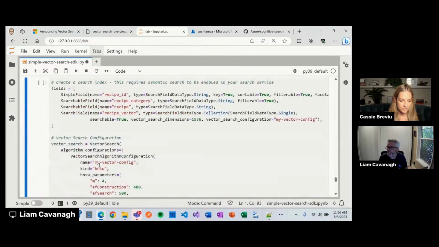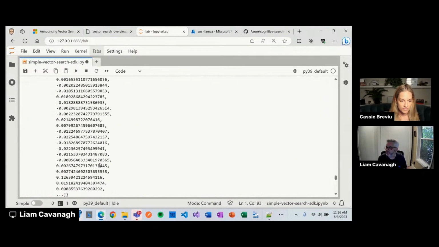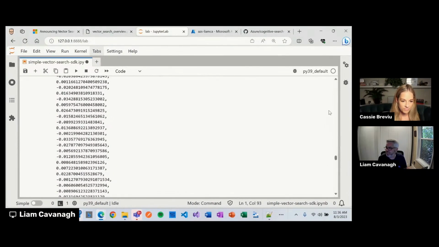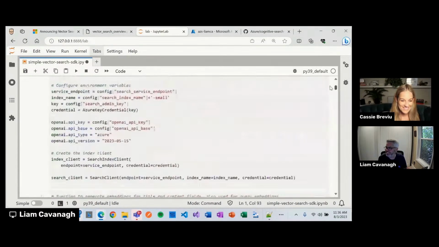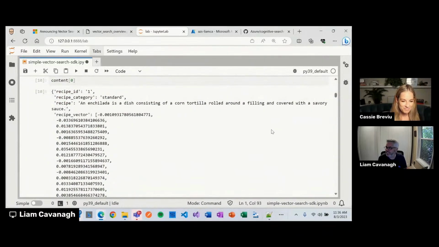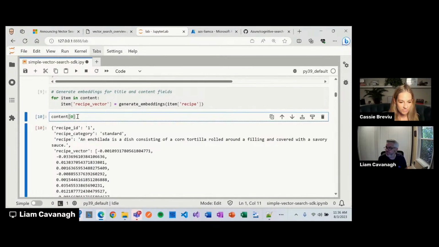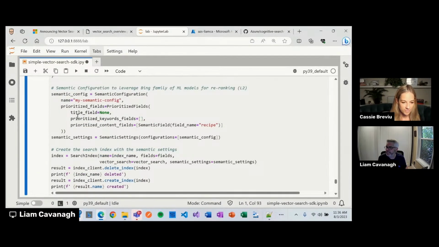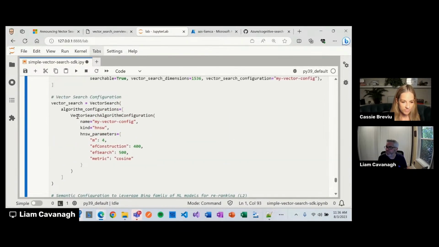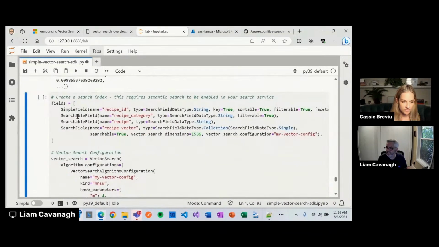And if I look at this first one here, you'll see it looks pretty much similar, it's got the same text. Sorry, there's a lot of numbers here to scroll up, but we can see that we have the first item, the enchilada, and here's that vector representation of it. So that's there. Now, what I'm going to do is load this into Azure Cognitive Search.